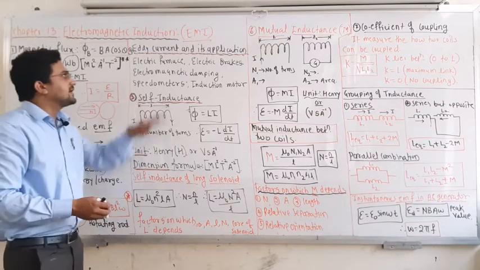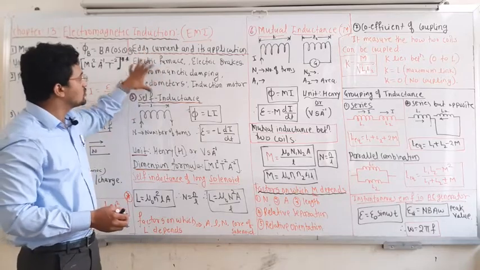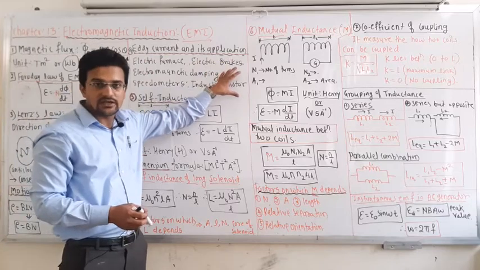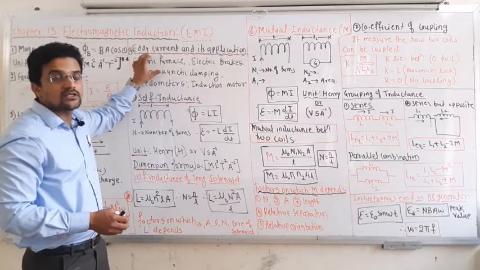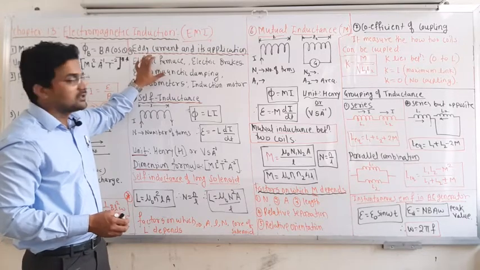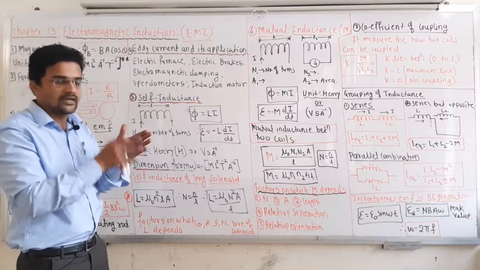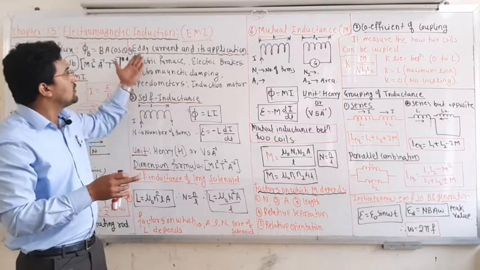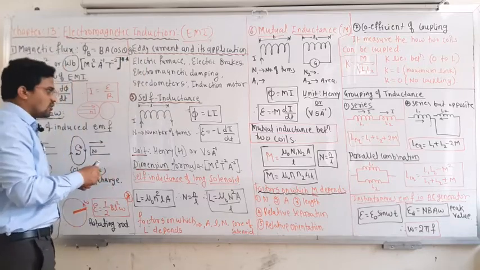Next is eddy current. You have to know the eddy current and its applications. Some applications of the eddy currents are written here. Just find the definition of the eddy current and the nature of the eddy current, and how it develops. It is developed in the bulk material, not in the coil. Wherever there is a plate or a thick material, the eddy current is developed in it. Okay, so next we will talk about the self inductance.